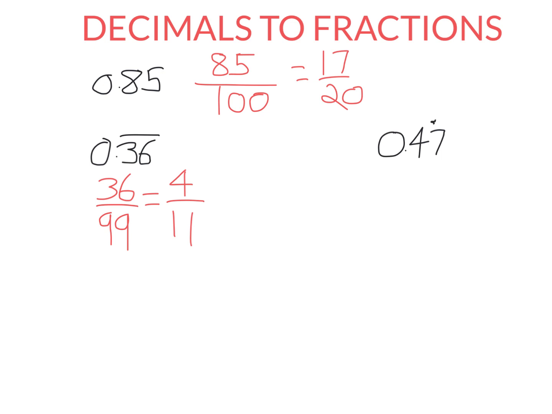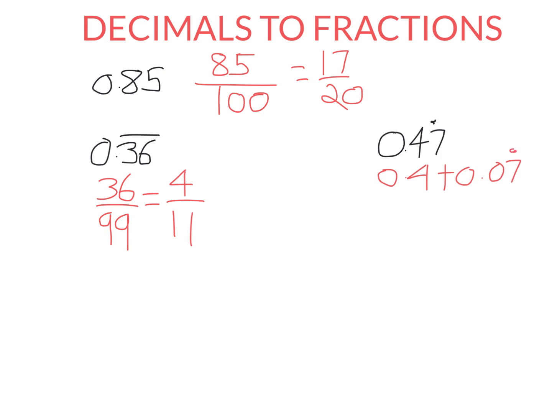So let's look at doing that method on 0.47 recurring. Note, if the dot is only above the 7, it's only the 7 that's recurring. So this is 0.4 and then 77777. Only the 7s are recurring. So this is going to be a little bit harder using this method because, if you like, it has a terminating part and a recurring part. So this is 0.4 plus